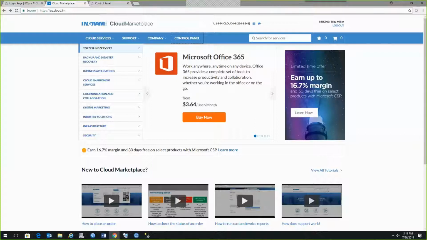Then we're going to move from there to looking at the IDSync cloud billing interface and show you what you do in that interface to make it possible for the IDSync system to make your life easier by posting automatically any changes to purchases over to the agreements that you want them posted to in the